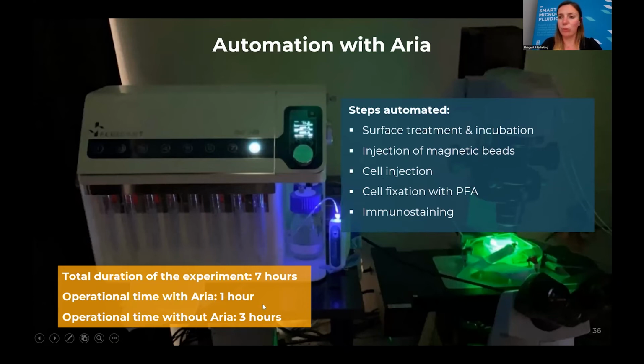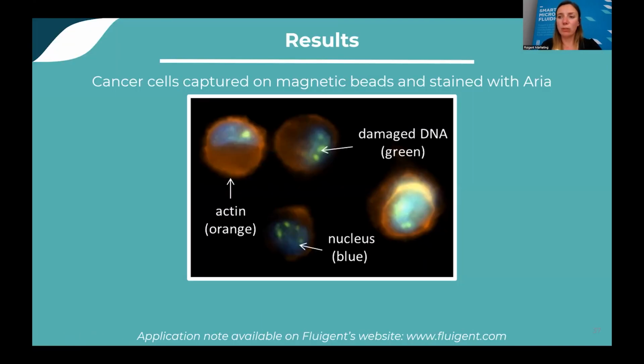They save 2 hours in the process here. So here are the images. And so you can see that the cancer cells were trapped on the magnetic beads and successfully immunolabeled. We see actin in orange, the nucleus in blue, and the damaged DNA in green. And so if you want to know more about this application, you can check the application note that is available